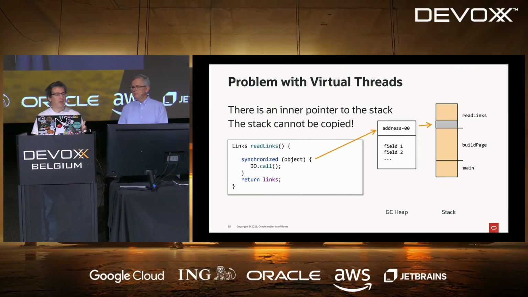Unfortunate. Yes, I mean, it's a really great optimization. It worked for a long time. I was not able to track exactly when this optimization was added because it was before Java was open source.